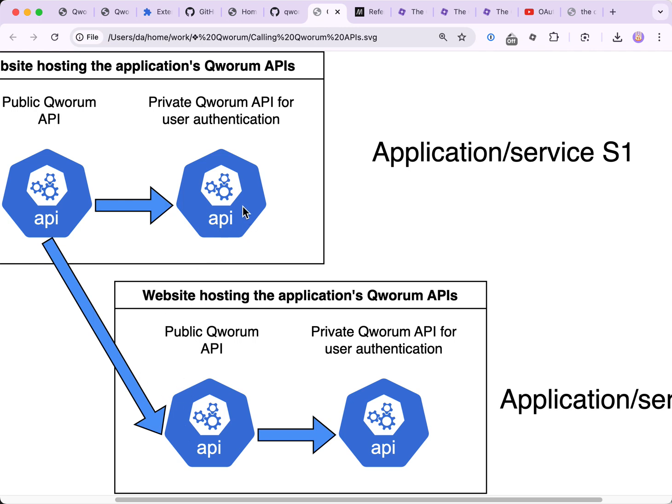So one possible scenario is that each API has its own accompanying private user authentication API, or this user authentication API could be totally independent and directly called by the public APIs, or this central user authentication API can be called behind the scenes from the individual private authentication APIs. So you have a great deal of latitude and freedom in terms of programming.